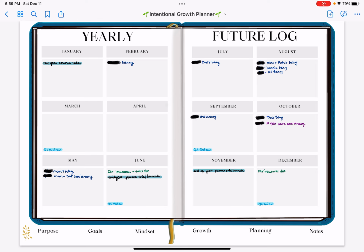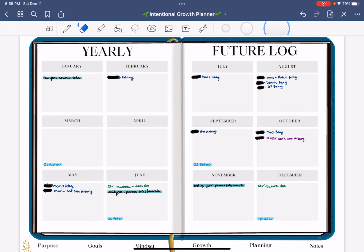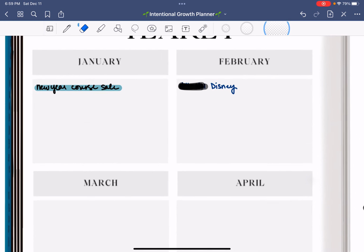So the yearly future log has boxes for every month, and that is meant to help you think ahead to what's coming up. So for example, I'm going to have my leadership toolkit course on sale for the new year. I want to remember that. And then when I'm planning January, I'm going to remember that and be able to insert that into our monthly